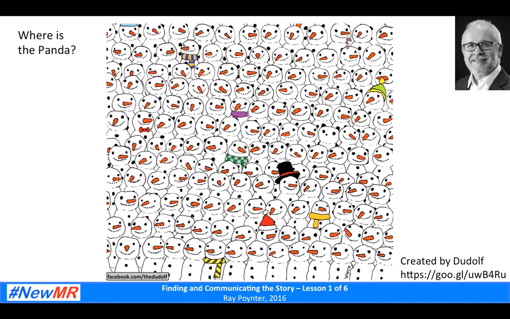Well, if you haven't seen the panda yet, let's apply a little bit of a framework. All of the snowmen have got in common a carrot nose and a smiling mouth. So we can read along the rows and see if we can find a face that hasn't got a carrot nose and a smiley face. When we do that, we've found the panda. Now, using that sort of framework will never be as quick as those people who see it straight away. A framework is a reliable, a predictable system, but it tends not to be as instantaneous.